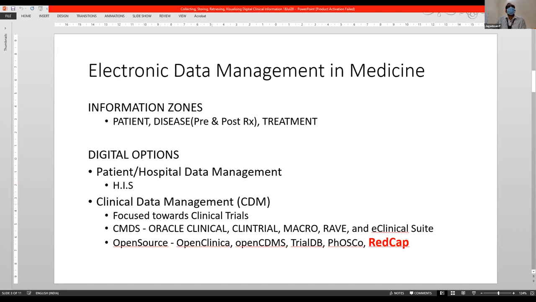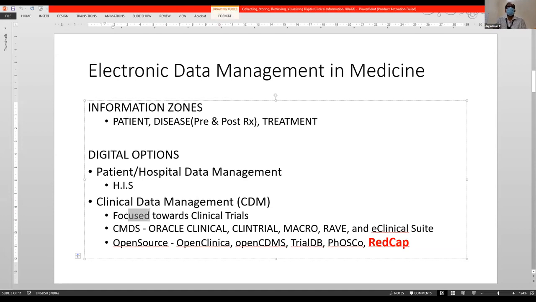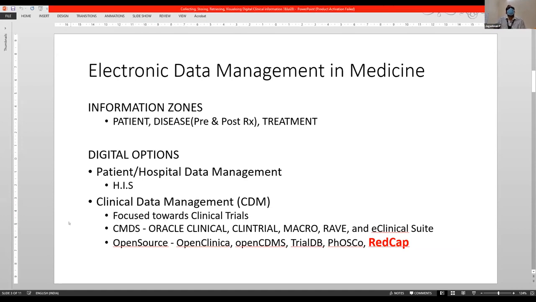And regarding clinical data management, till now collecting data has been primarily a focus of specific prospective clinical trials. Most of the software created for this data management was directed towards specific clinical trials. They were heavily focused towards clinical trials and were not collecting generalized data. The common software developed by different software companies, I'm not going to touch upon that. It has become obsolete, though some has been renewed.